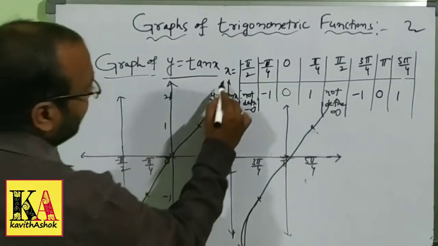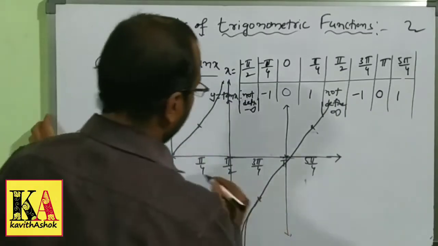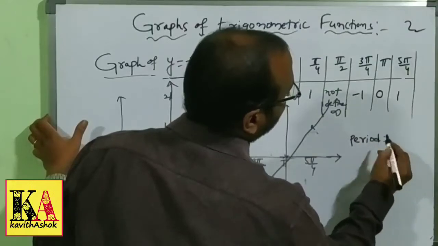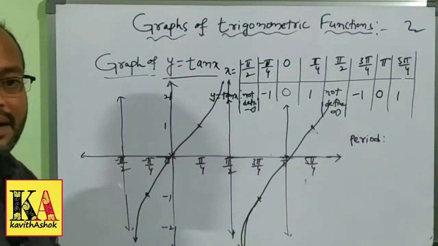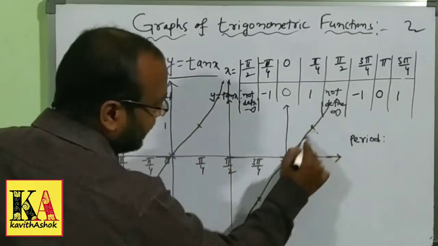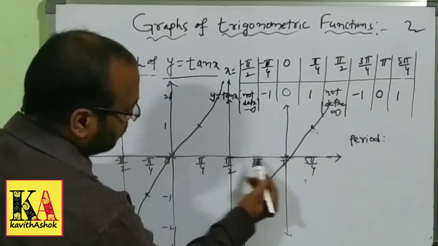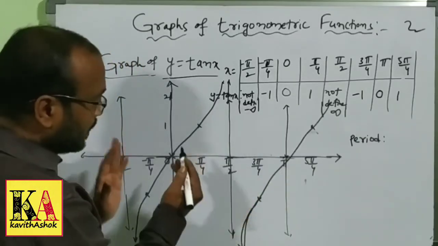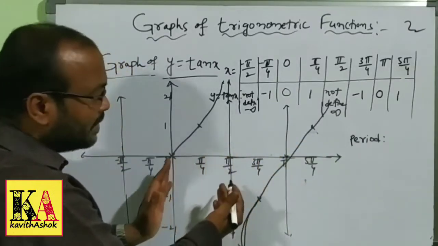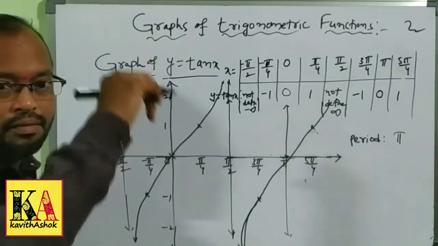Once you look at here, infinity and minus infinity, these are the values, right? For this first period I am finding. In the previous case also we can find out the period by using the graph. Now I am calculating the period. Period in the sense here, the same graph is repeated. When it is repeated, pi by 2 plus pi by 2, so 90 plus 90, 180 degrees. So the graph is repeated in every pi interval. So that's why the period will be pi. For the sine, the period will be 2 pi. Once you observe that graph, the period will be 2 pi.